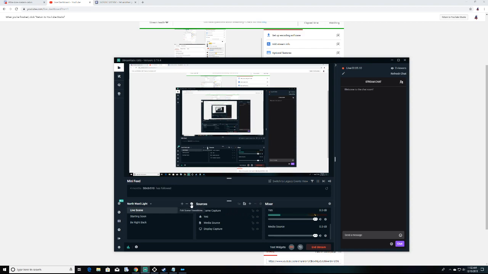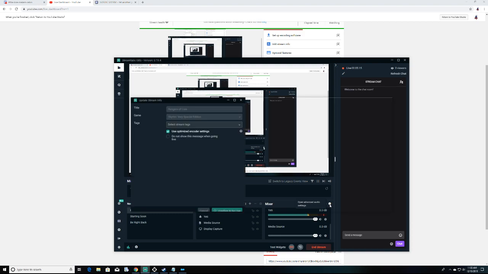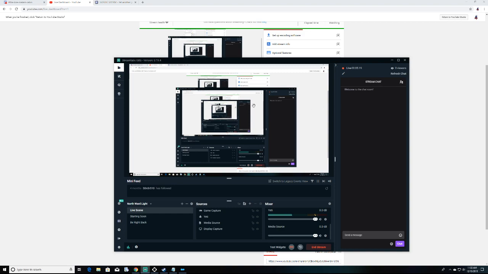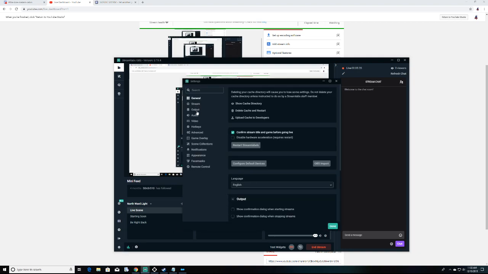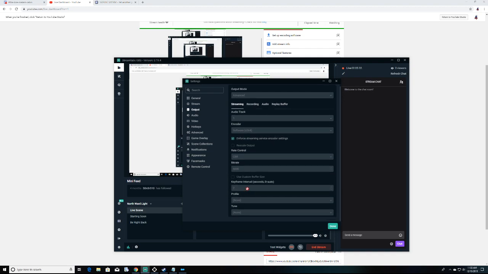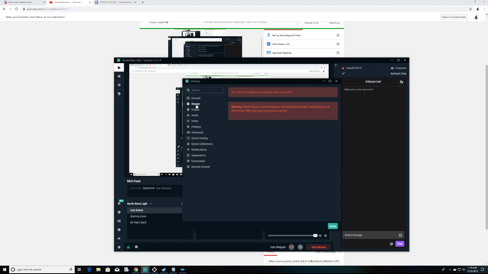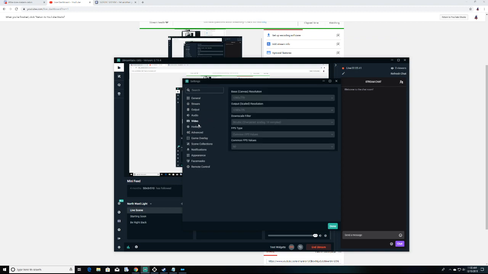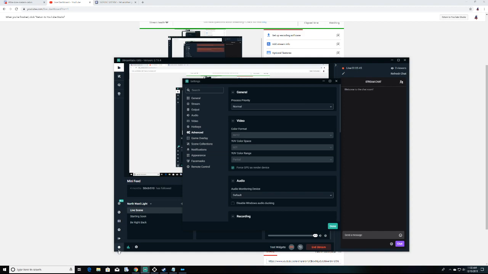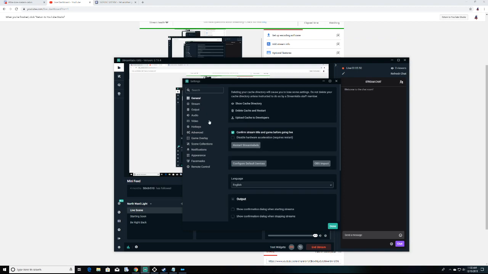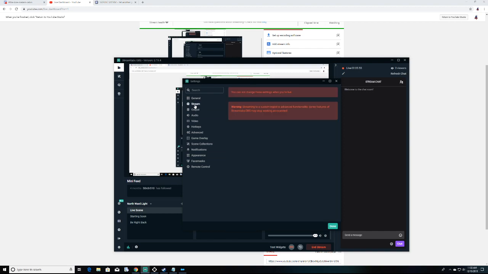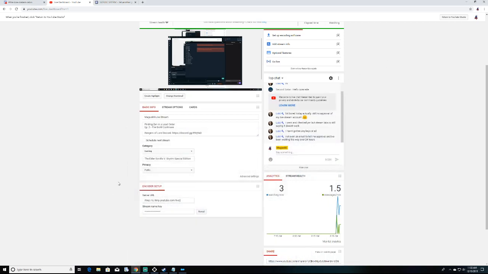Where is it? Forget what setting it's under. Advanced settings. No. Themes. It's under your editor. Oh, it's under here because they keep changing the settings. It's for your output. Is it here? Profile. Keyframe. No. Stream. Cannot change these settings when you're live. That's awesome. I don't know. It's in one of these settings, but if you go to your settings from Streamlabs OBS, it's in there. But you just can't do it while you're live. Maybe general. Confirm title. Yeah, I think it's under stream output. Like I said, it's been a while since I've been in there to check it, but it should be under there somewhere. Yeah, I don't think you're going to get an email. They're going to take it, but